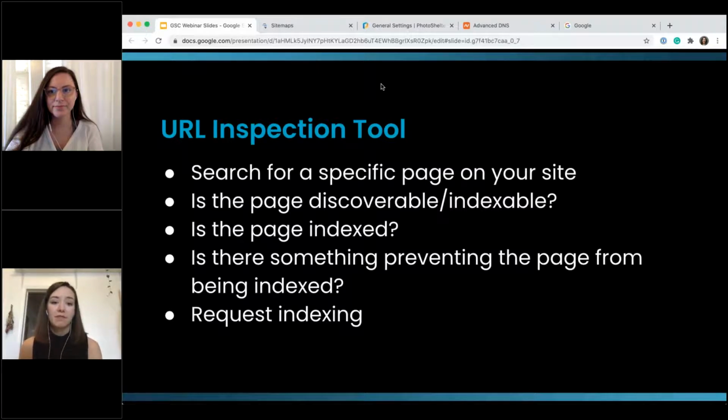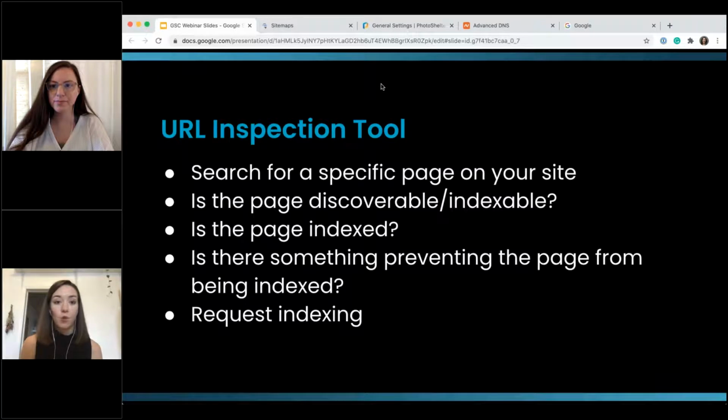It could just be that they haven't gotten around to indexing it yet. It could be that there's an error on the page. Maybe you're sending them a URL to a photo that you've marked as unsearchable, meaning you've basically said, I don't want search engines to index this. It will show you that there's an error on the page preventing them from doing that. So this is really great just to give you some more power and information on what's happening with each page